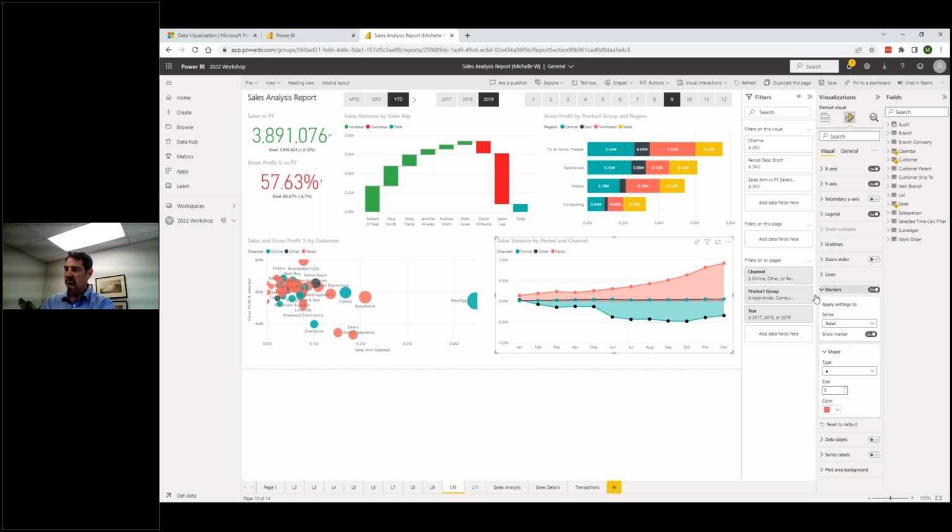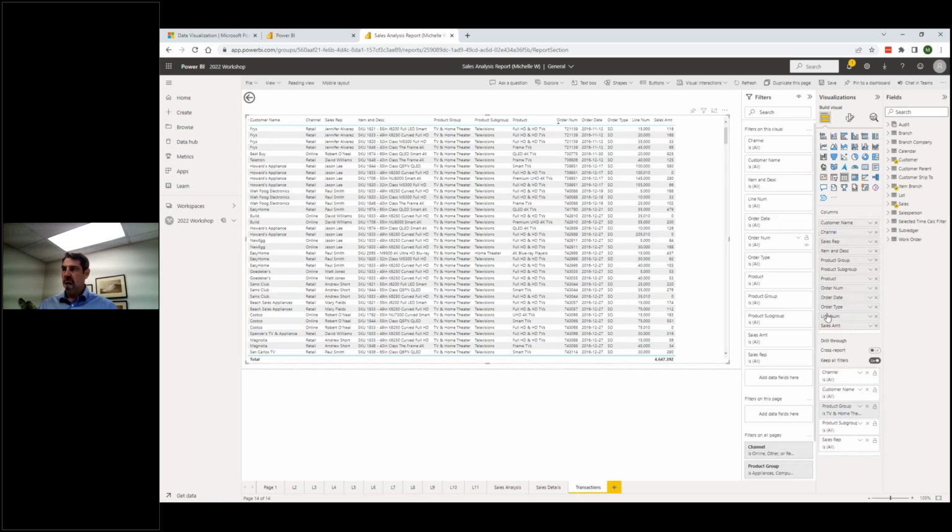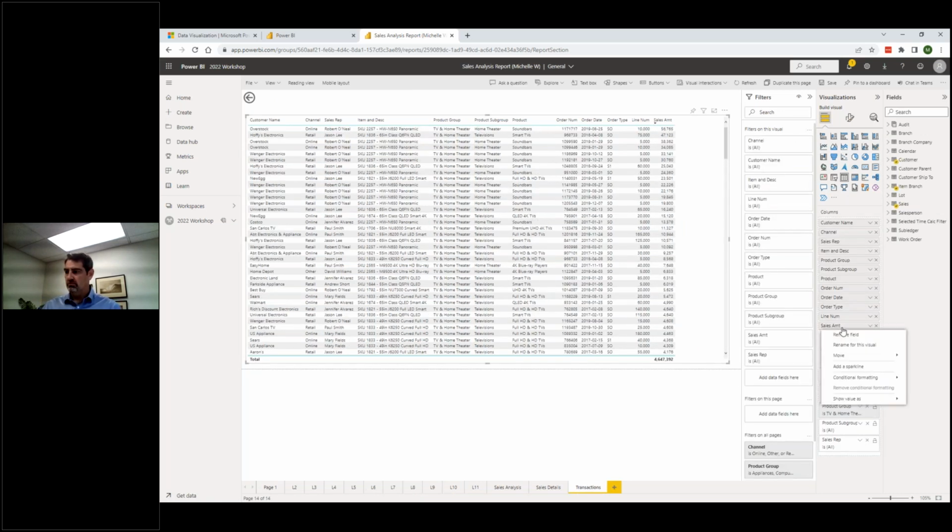There is the ability to do conditional formatting. That's a little bit easier to show here, like on transactions. So if I'm looking at the sales amount field, I could right click on that and go down here to conditional formatting and put some conditioning here. Again, you can do this on visuals as well. It's just easiest to show it here from the table, where I could say